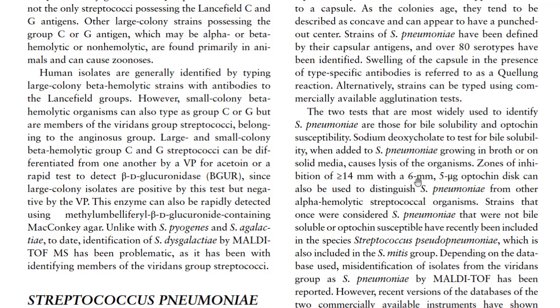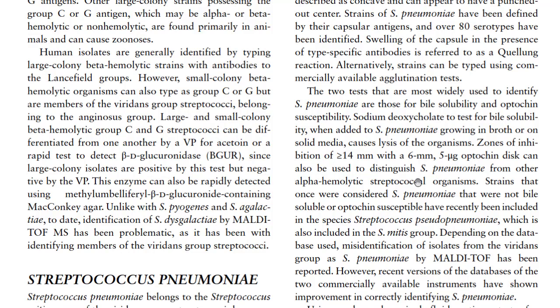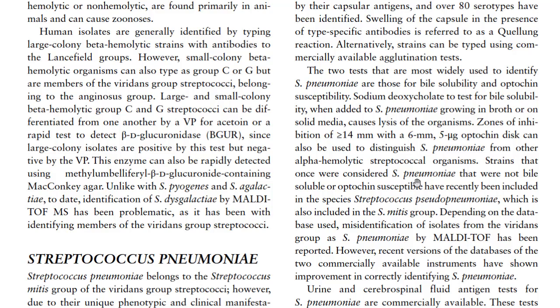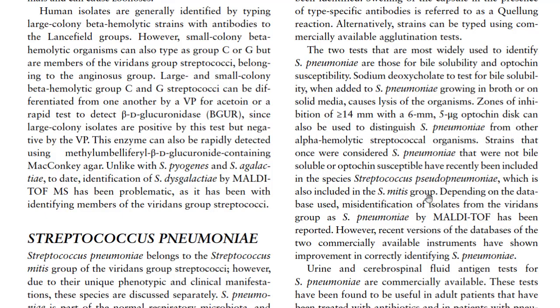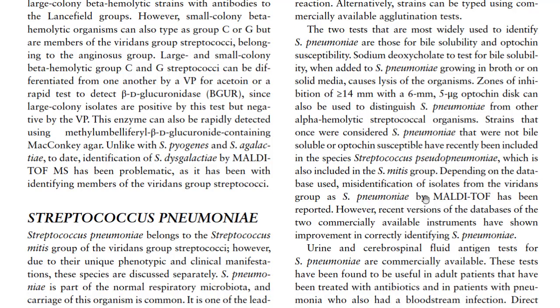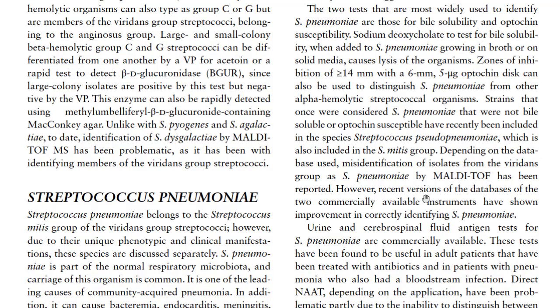Sodium desoxycholate is used to test for bile solubility. When added to strep pneumoniae growing in broth or on solid media, it causes lysis of the organism. Zones of inhibition of more than 14 mm with a 6 mm disk containing 5 microgram of optochin can also be used to distinguish strep pneumoniae from other alpha hemolytic strep organisms. Strains that once were considered strep pneumoniae that were not bile soluble or optochin susceptible have recently been included